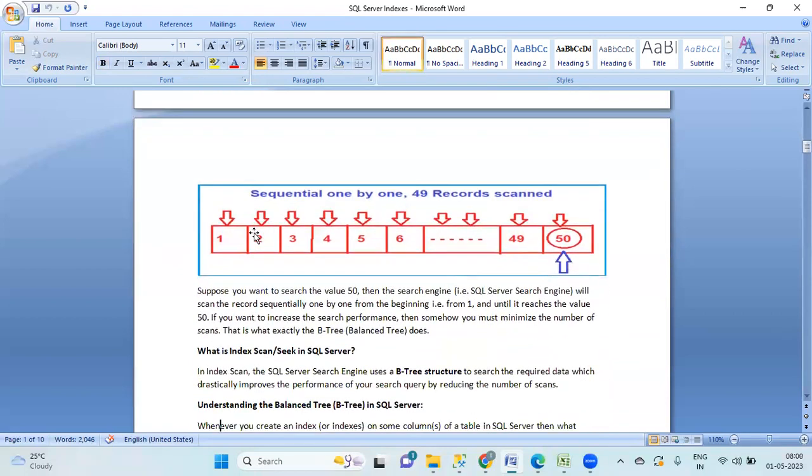So let's say in my table, I have 1 to 50 records. Suppose you want to search for the value 50, then the SQL engine will scan the records sequentially, one by one from the beginning, from 1 until it reaches 50. If you want to increase the search performance,